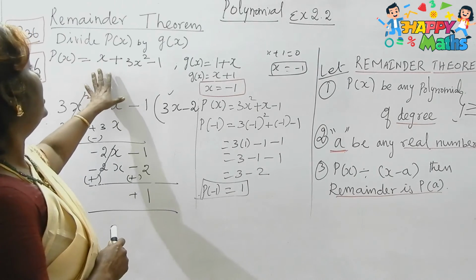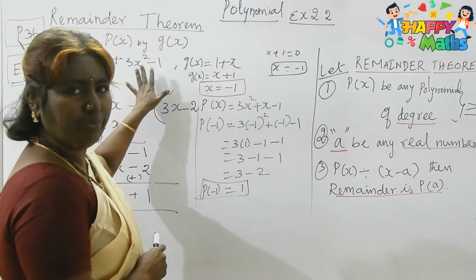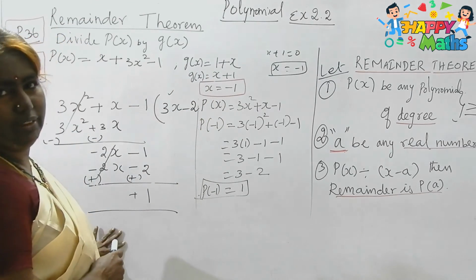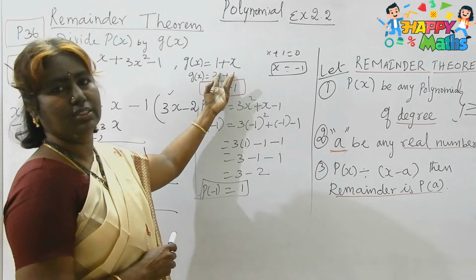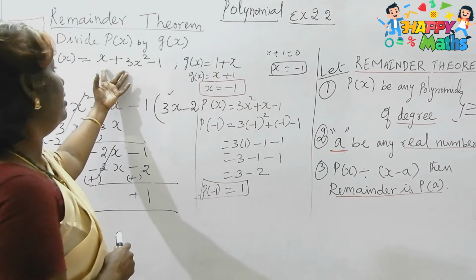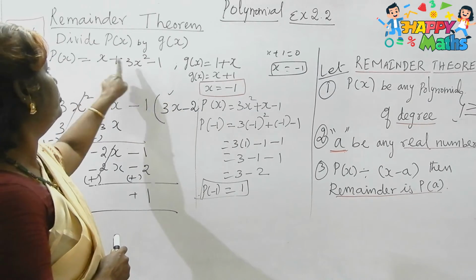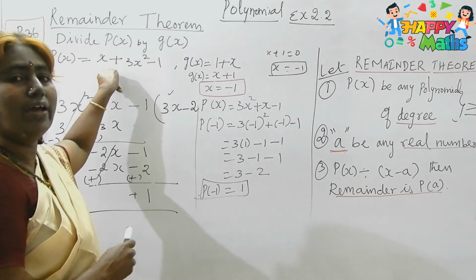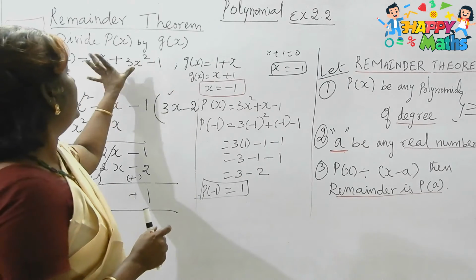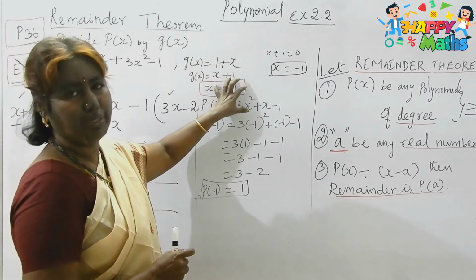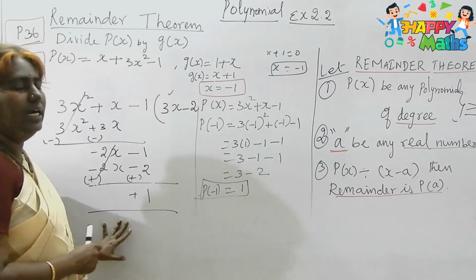So if I divide any binomial or trinomial by a binomial, you get one remainder. A binomial means two terms. It is a trinomial, or you can say it is a quadratic expression also. There are 3 terms here, so 1, 2, 3 terms. So it is a trinomial. I have explained everything in the polynomial introduction video. Okay.